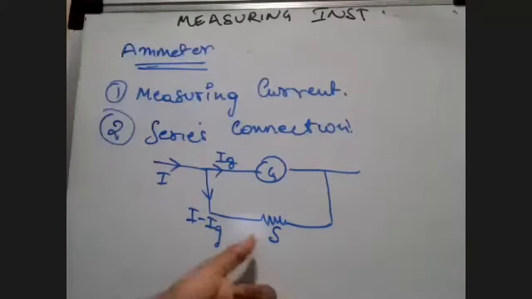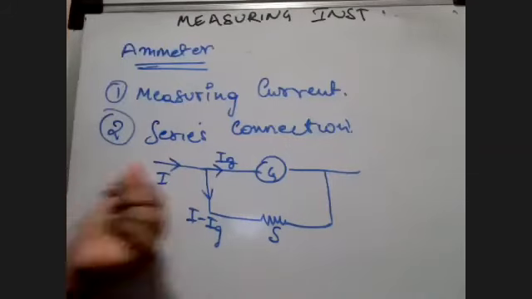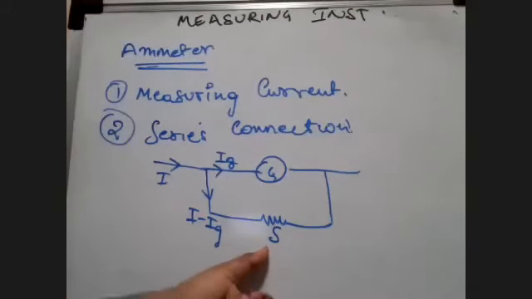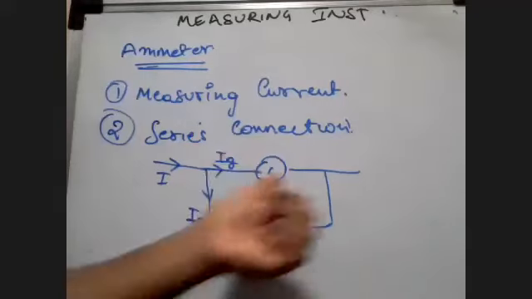Why S? Why is it connected? The shunt resistor is basically going to take all the unnecessary current coming towards the galvanometer. It's going to take it and pass it across itself. It won't pass through the galvanometer. The shunt resistor is known as a shunt. The meaning of shunt is basically to avoid maximum current passing through the sensitive element.